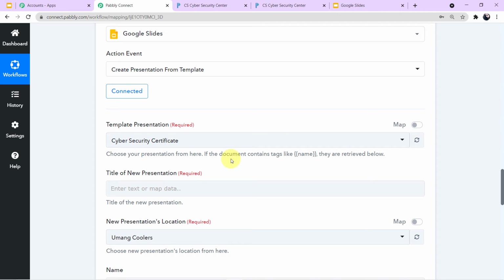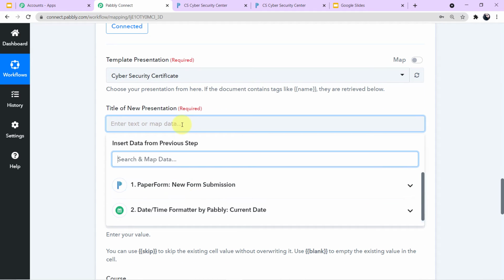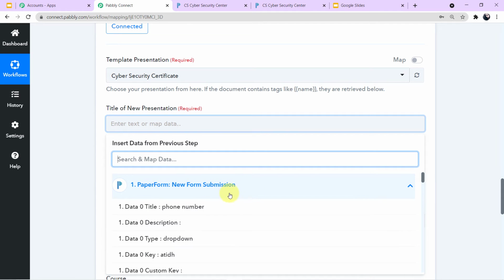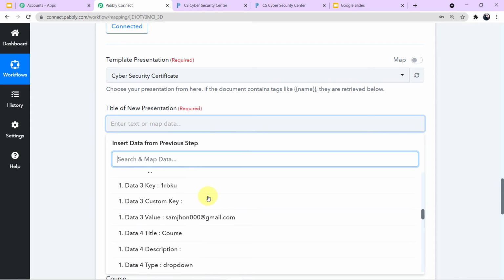Now guys, one more thing, I'm mapping the value from a long time here. Now you must be thinking, what is mapping data? So let me tell you, mapping data is nothing. When you click this arrow, when you click on the search field, you can see a drop down will appear in front of you. Now if you click this response area of paper form, you can see all of the responses down here.